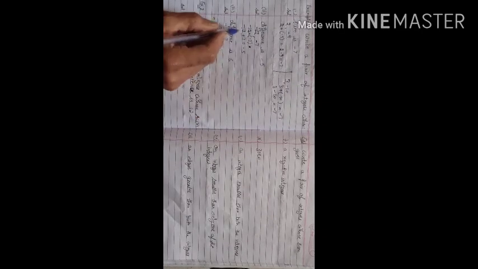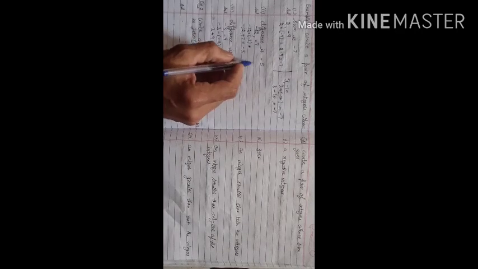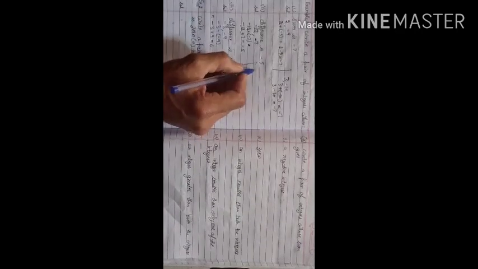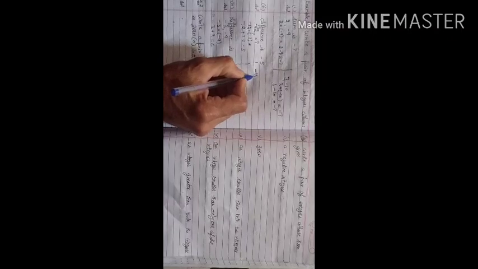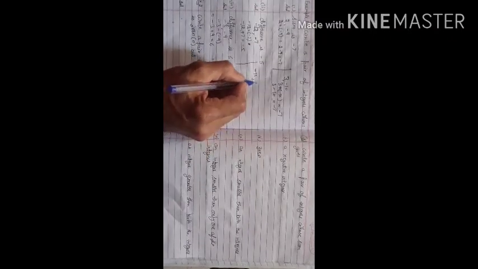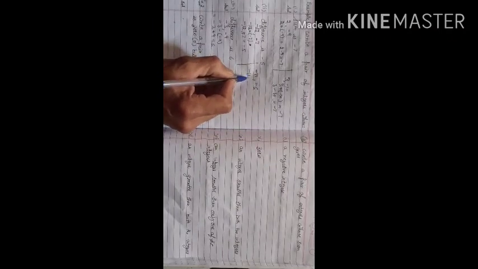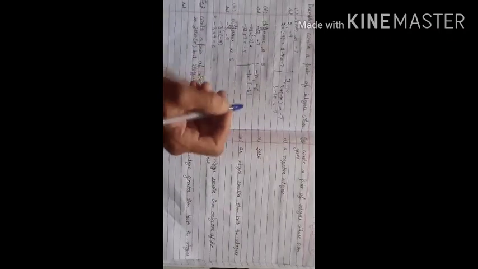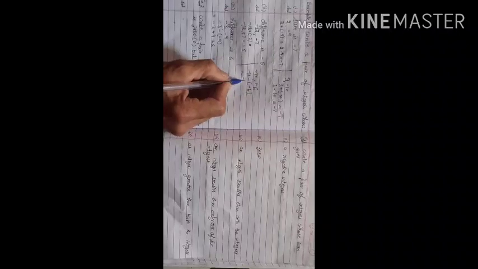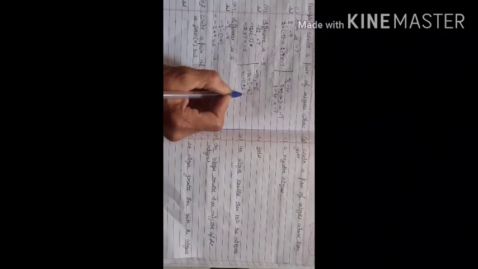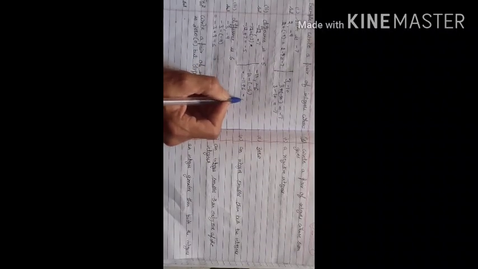Minus 12 plus 7 is equal to minus 5. Take one more example. Minus 11 and minus 6. That is minus 11 minus minus 6, that is equal to minus 11 plus 6, that is equal to minus